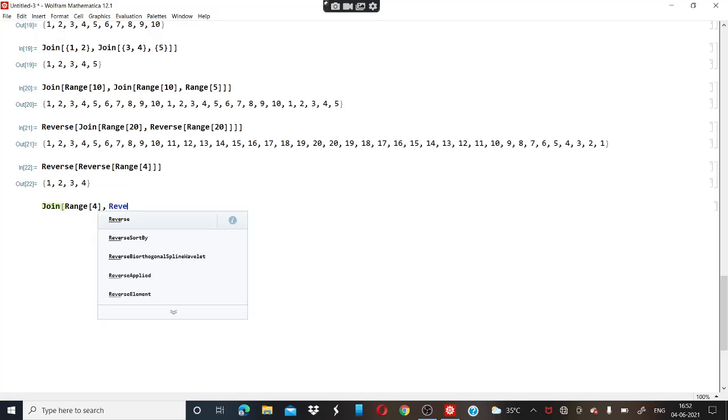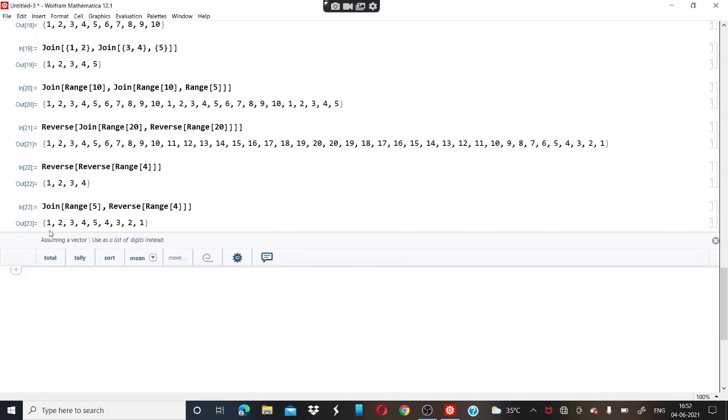So we will write reverse range. We will write here 3 because we want 4 a single time. No, it's 5. So we will write range 5 and here reverse range 4. Shift and enter key and you will see here that 1 2 3 4 5 4 3 2 1 means 5 a single time, and join both the sets.